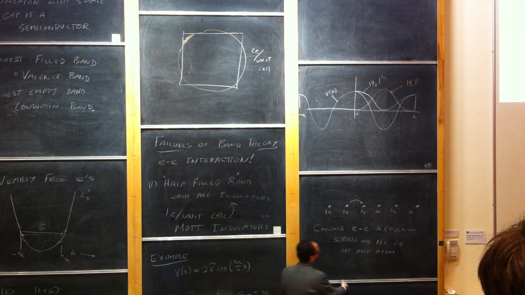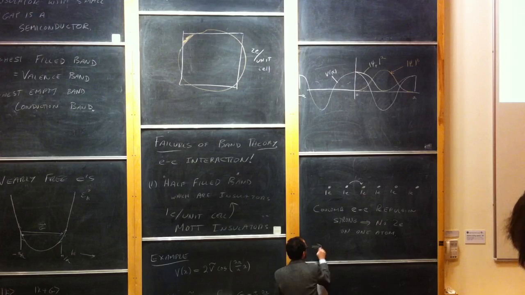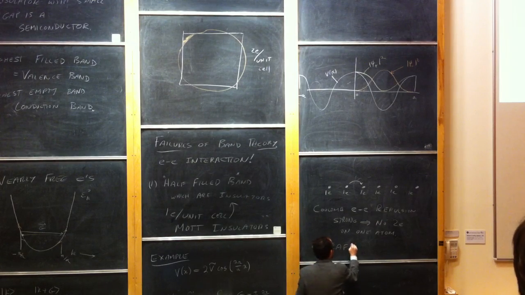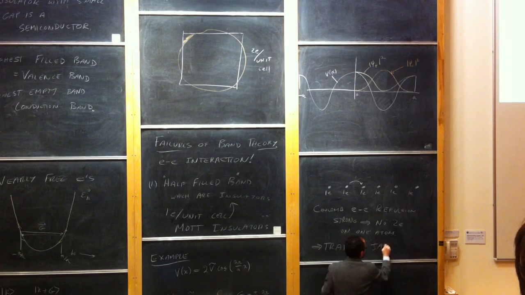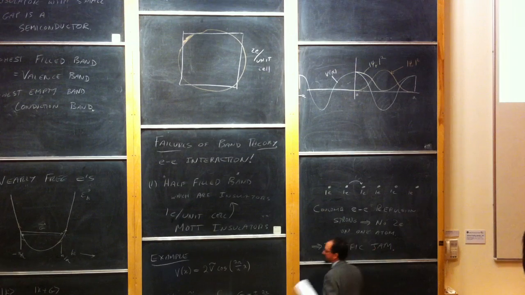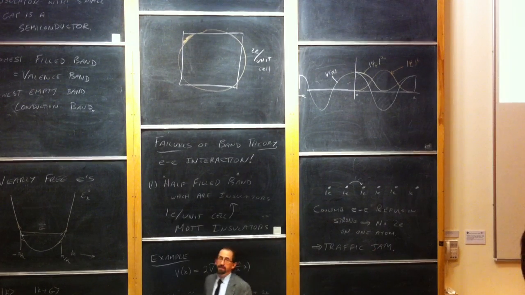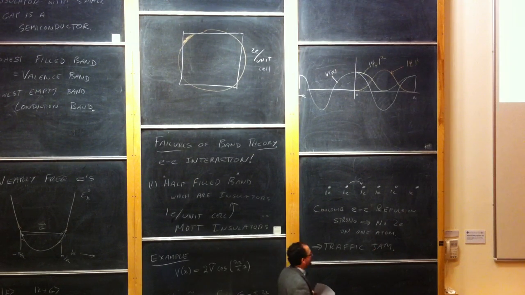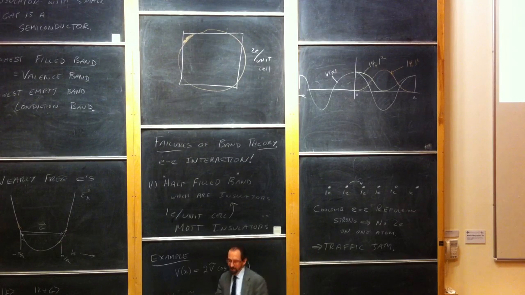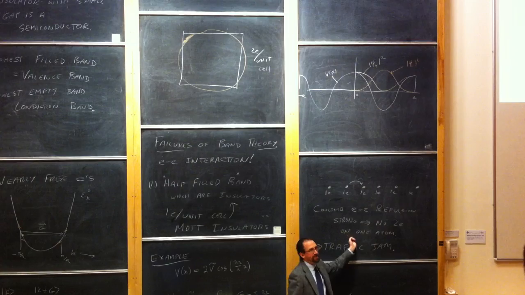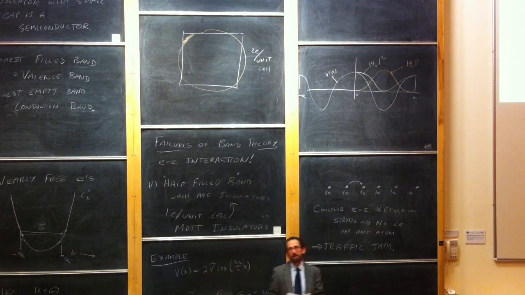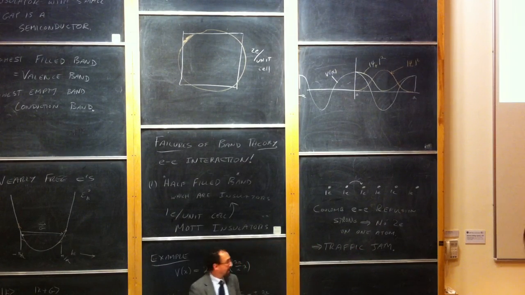So what you effectively have is basically a traffic jam. No one can move because the neighboring sites are already filled. This is known as the Mott insulator. And there are a few materials, things like nickel oxide, cobalt oxide, which are turned into insulators because of the strong electron-electron repulsion. There's a second